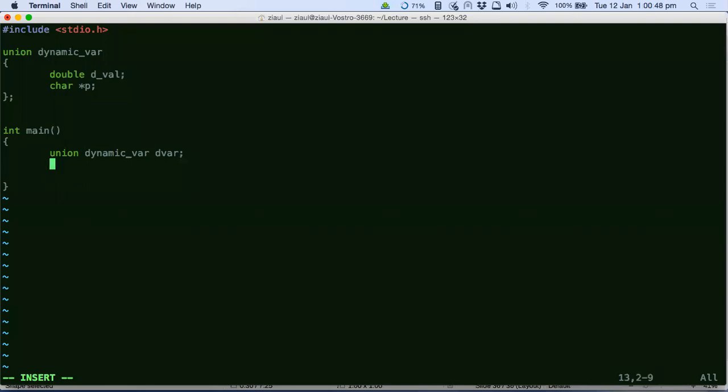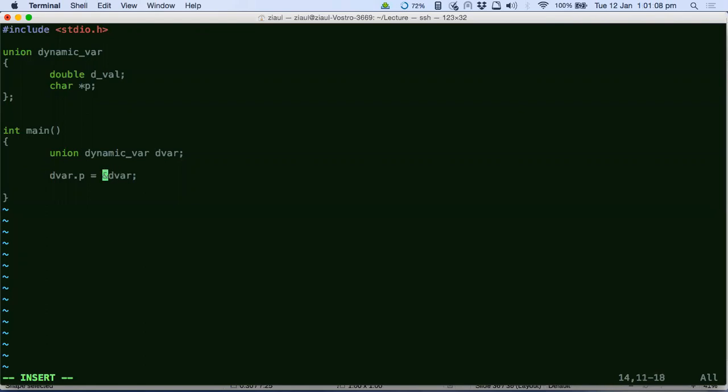The ampersand with the variable will give me the address, right? You agree on this?